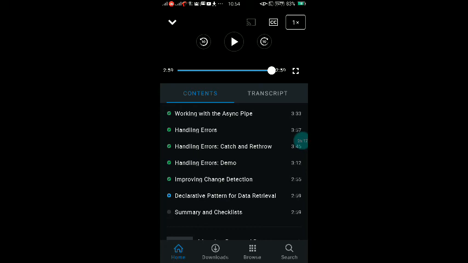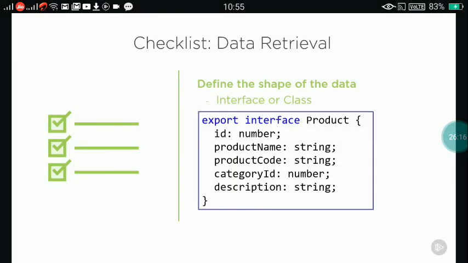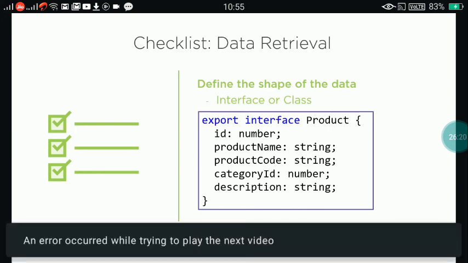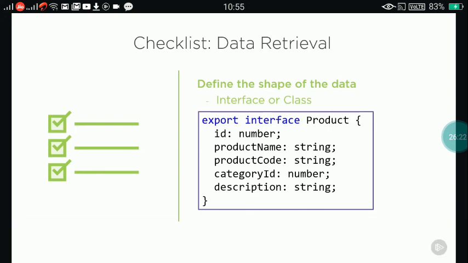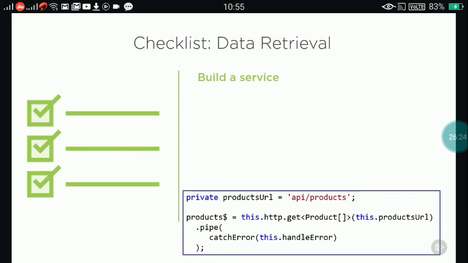So jumping back over to the browser, you can see practices for data retrieval begins by defining the shape of the expected data using an interface or a class. Next, we build a service to encapsulate the HTTP code that submits requests to and processes responses from a backend server. Using a